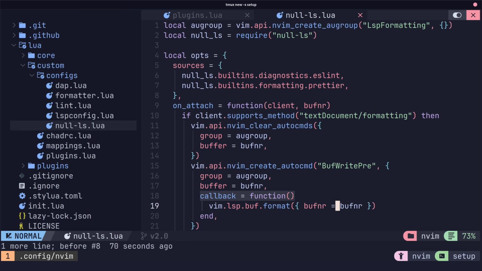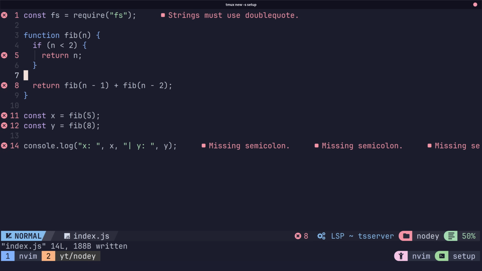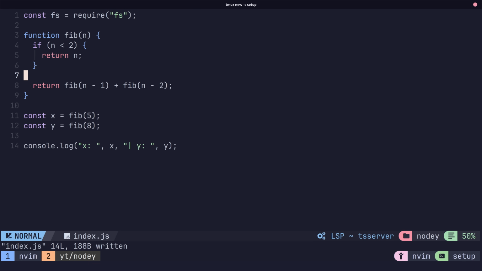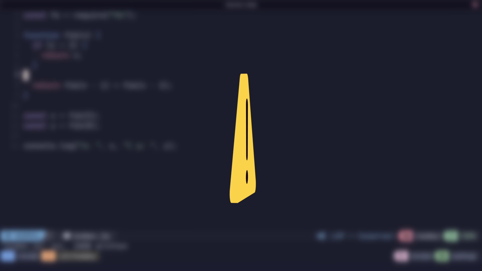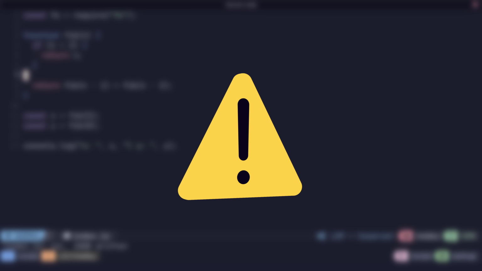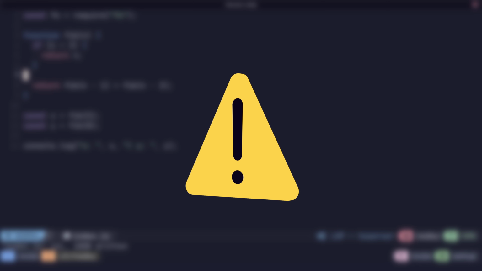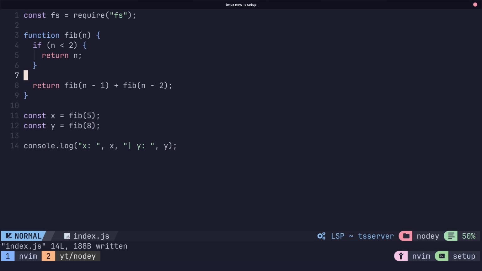With Null-ls setup, we can go ahead and test this out. As you can see, the linter runs dynamically, rather than after saving the file, which may or may not be to your preference. Additionally, the formatter works as an LSP, so you can use the space F and M commands in order to format this manually. With that being said, whilst Null-ls does have a better user experience, the project is archived, so it will eventually no longer work, unless we see new maintainers for the project. Now that I've shown you how to both add formatting and linting via Null-ls, let's move on to our penultimate